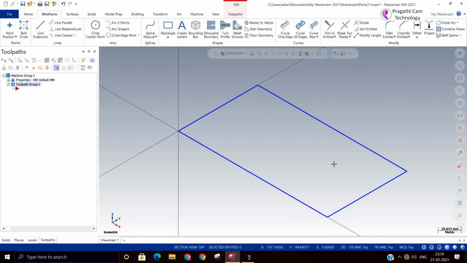So all should not be in the same size, all are different sizes. So then it's a little difficult for you to select and do the work. So in that situation, auto drill will come and play as a better option for you. Okay, so I'll make one small example here.